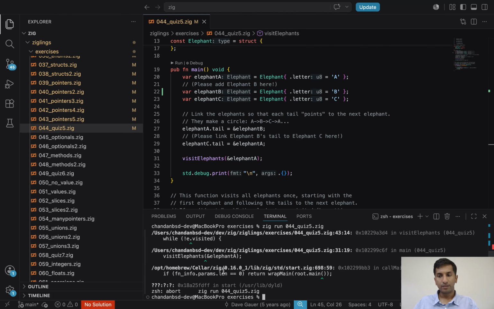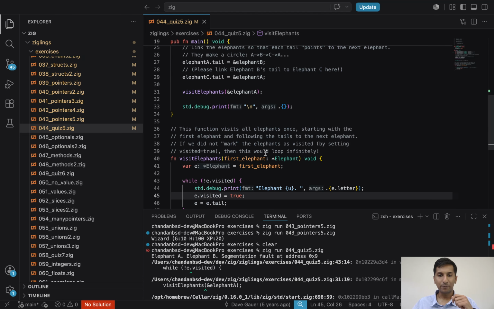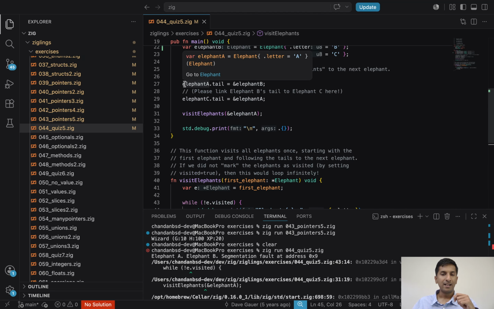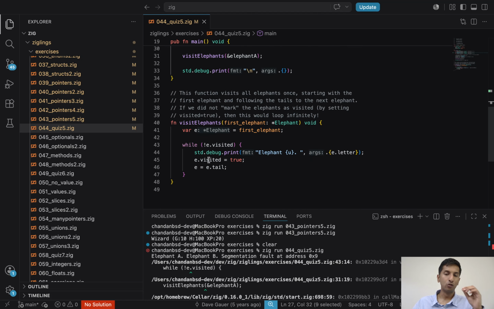Yep. So what happened here? Segmentation fault. Beautiful. Why is it saying a segmentation fault? It's saying that because there's a connection from A to B, and there's a connection from C to A, but there is no connection from B to C. So when this loop runs, it's by default saying if you have not visited it, now